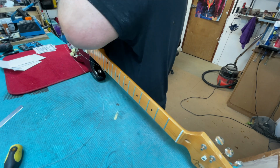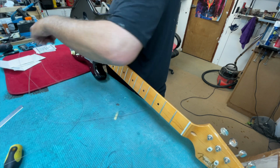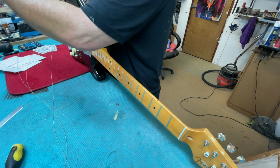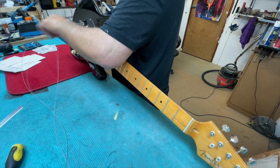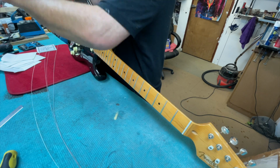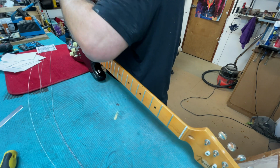The intonation is a measure of horizontal distance of the string bridge apex to the nut, and it has to be slightly longer for every string in the set, with the shortest being the high E, and every string goes back to some degree from that. But when you